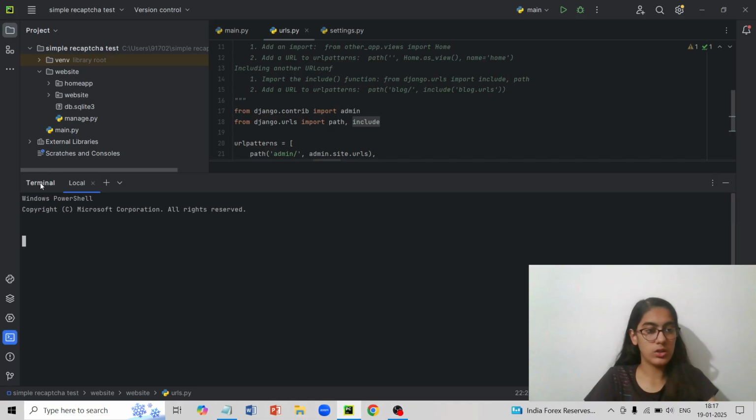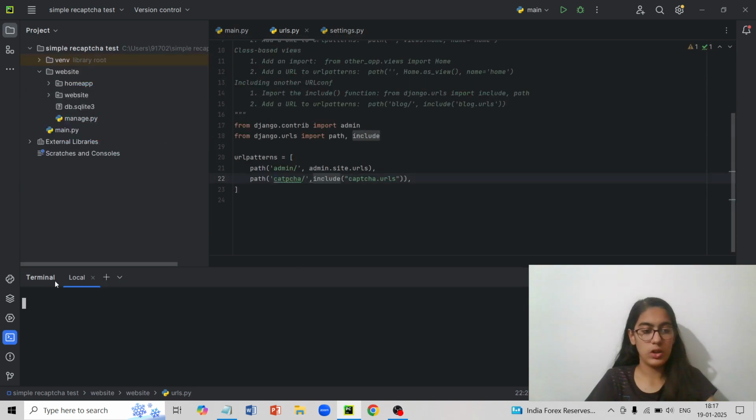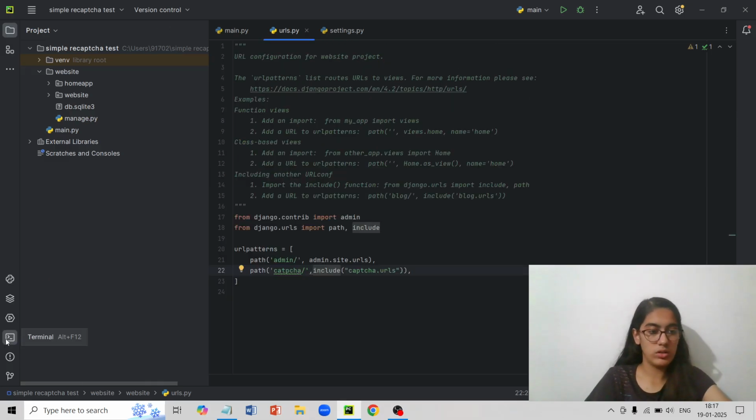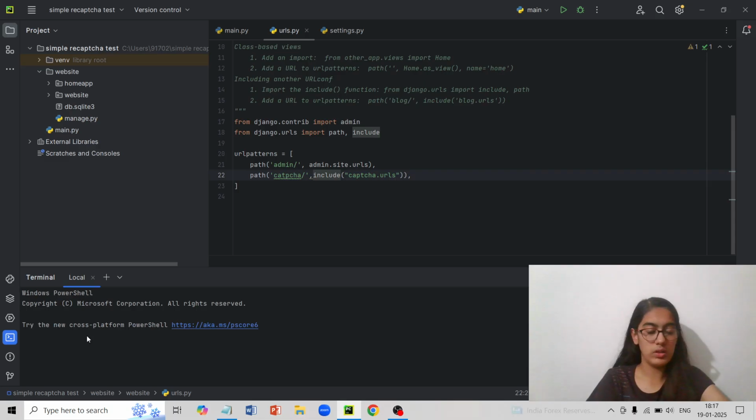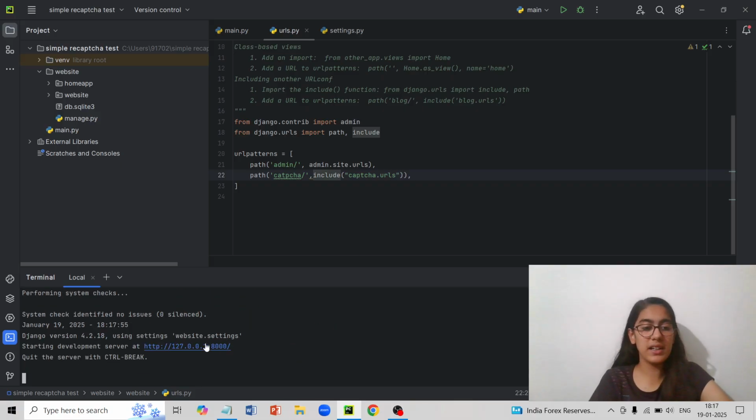server. So terminal, we get our own server as I told you. cd website, python manage.py runserver. Now when this runs, we will be getting a link, which is 127.0.0.1:8000.